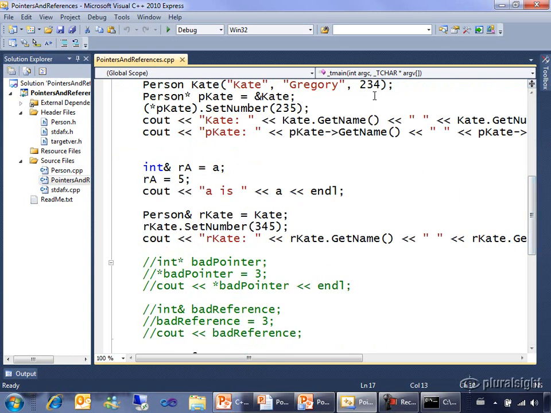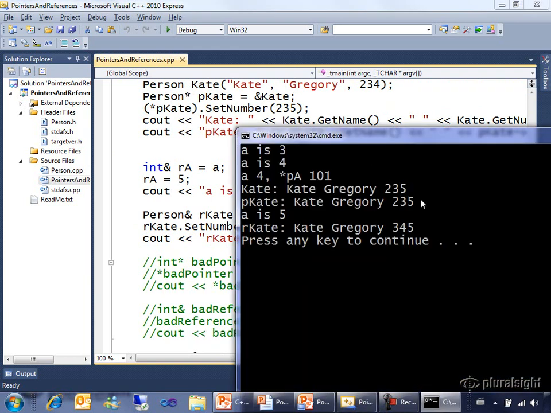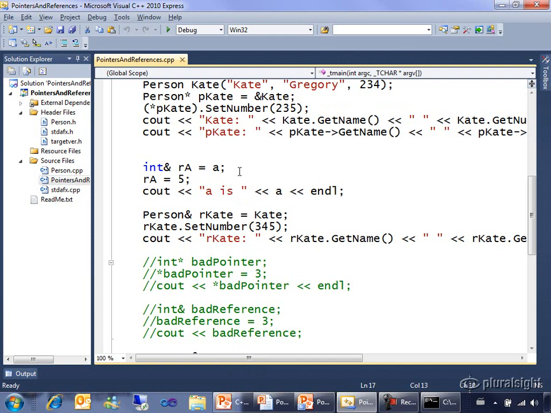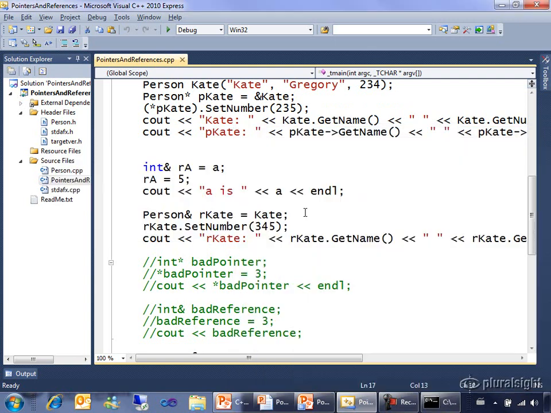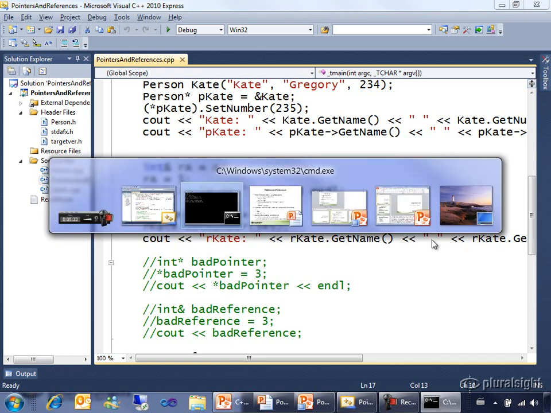With the objects, we have a 234 for my arbitrary number, and then using the pointer we change it to 235. Print it out both ways. We get 235 both ways because they're, again, the same piece of memory, no matter how you talk to them. When we set RA to be A, and then change RA to 5, and then print out A, it is now 5, because RA is just an alias for A. And similarly, when we make RKate to Kate, and then set its number to 345, print it out, it prints